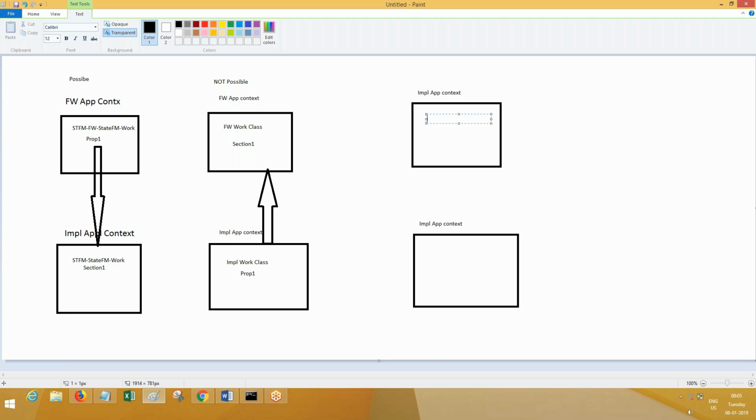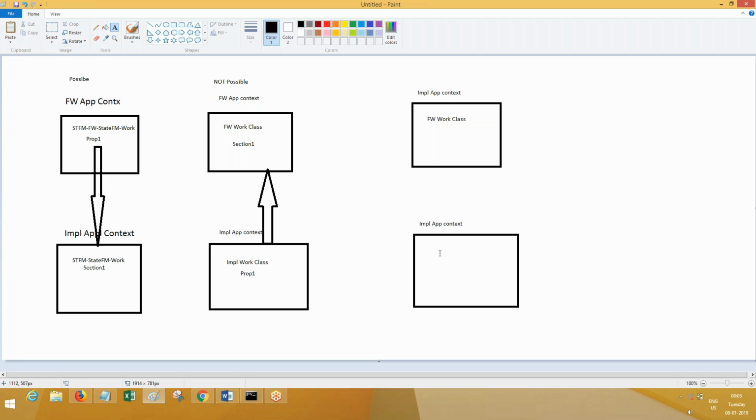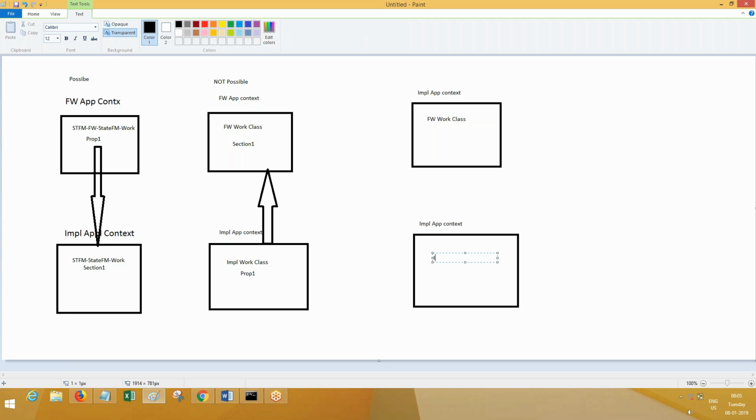Yes. So here, what is the framework class? STFM. I will simply write FW work class. This is FW work class, and this is the implementation work class.